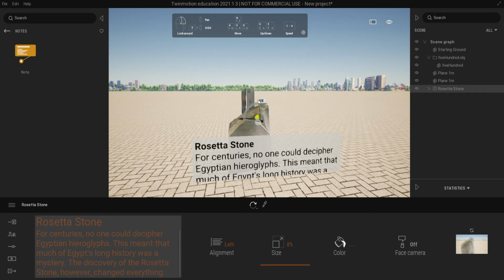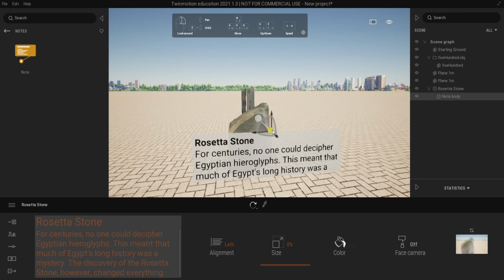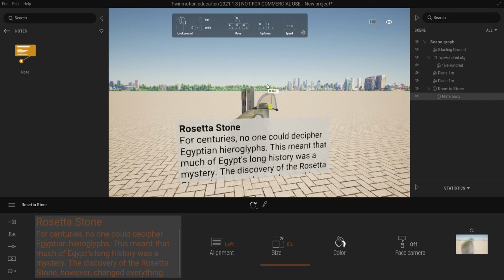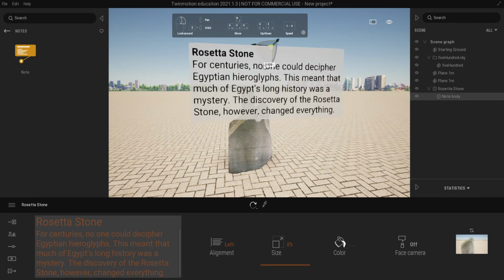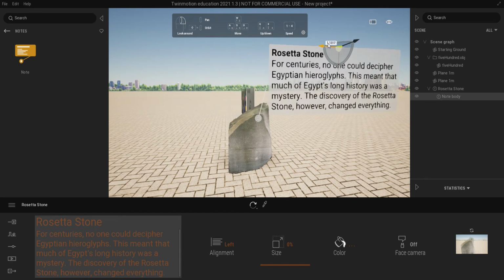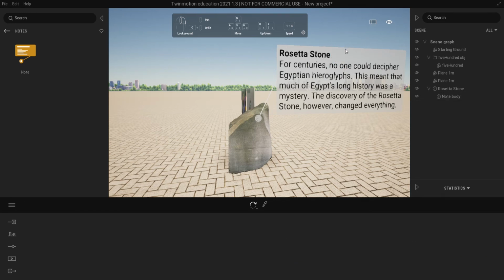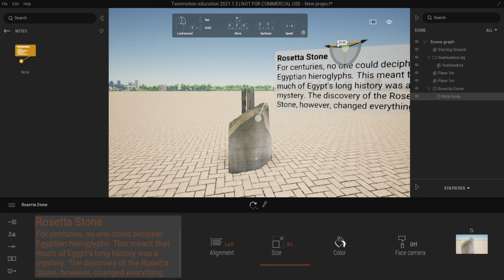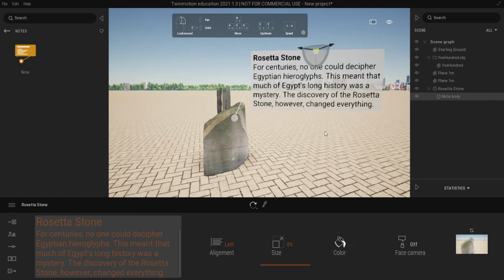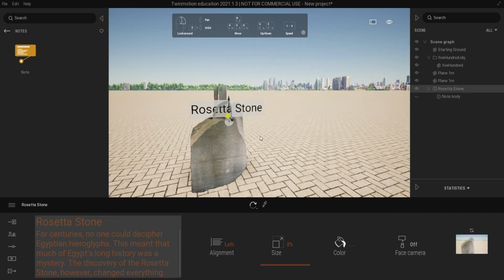Now, if I click here and move, you can see I'm moving everything, right? But if I click here, I can actually move the note itself separately from that little toggle button, that circle, right? Which is really powerful, because what that means is I can set this text at a fair distance from the object, even rotate it around a little bit, just like that. And what that means too is that if I choose to close it and leave it like this, when the user